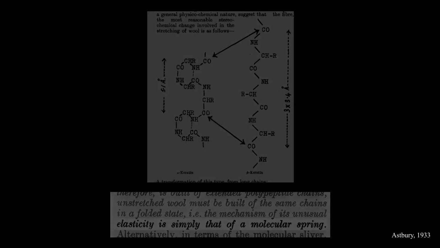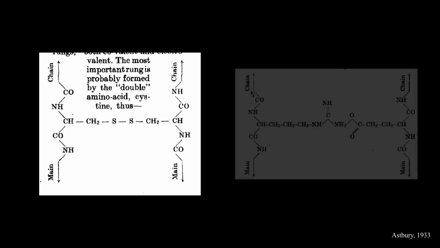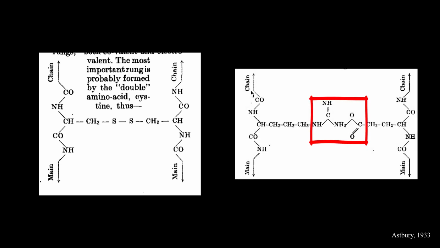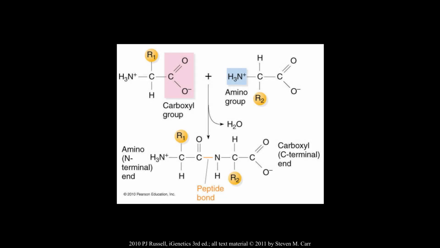He also found that the sulfur atoms and cysteine residues of unstretched wool and hair interacted together, which are now called disulfide bridges, and that basic and acidic residues were connected, which we now call salt bridges. Importantly, these experiments provided additional support for Fischer's polypeptide hypothesis, that is, that proteins are a sequence of amino acids linked by peptide bonds, since the images clearly indicated that the amino acids were connected to one another.